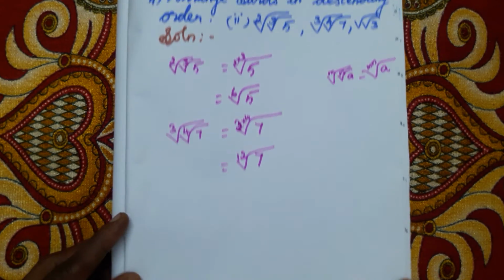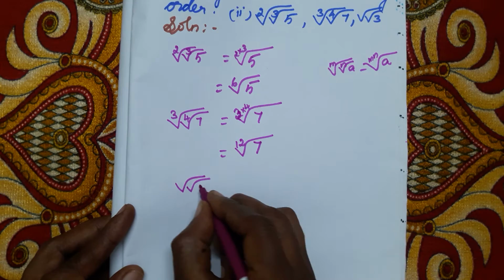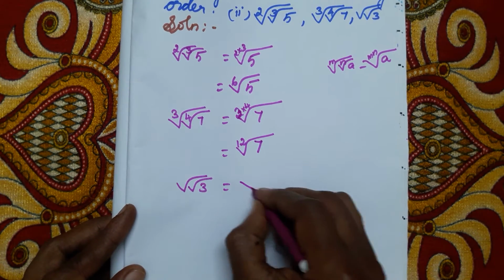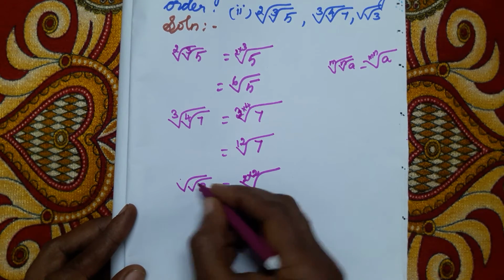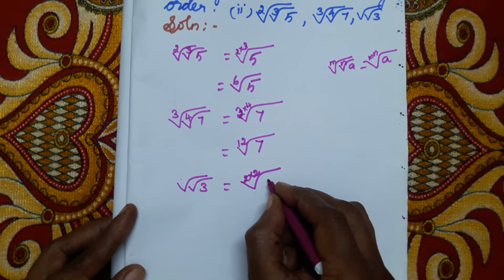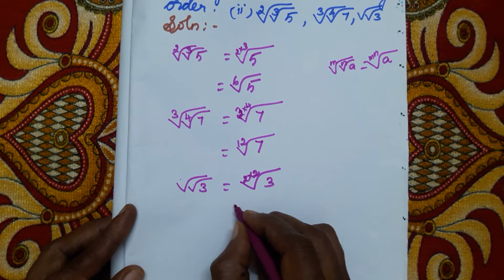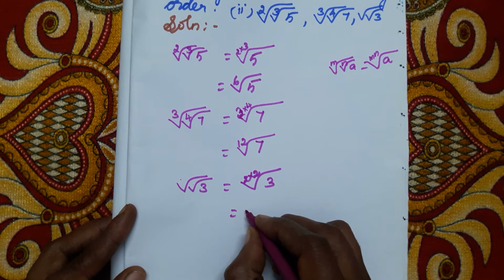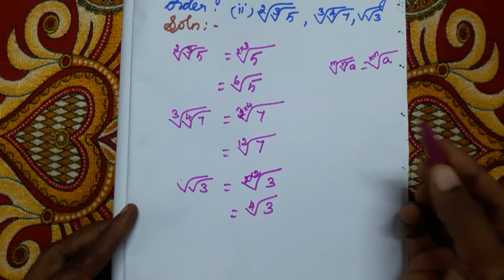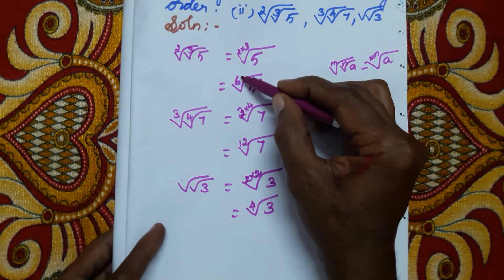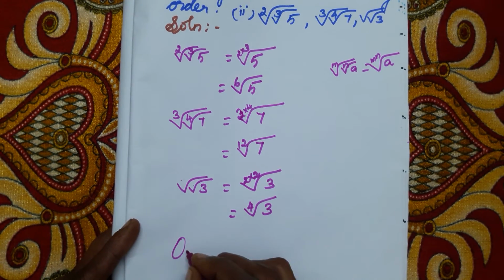Next, the third one. Square root of the square root of 3 is equal to 2 into 2. Here also order 2, here also order 2. So 2 into 2 root of 3 is equal to the fourth root of 3. Now what is the order of these? Here 6, here 12, here 4. The orders are